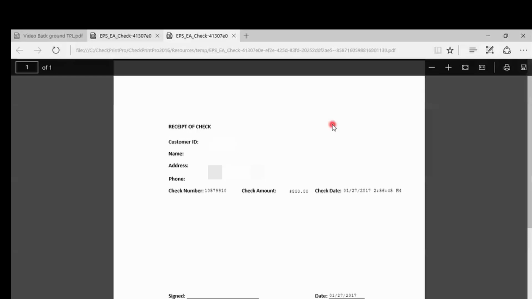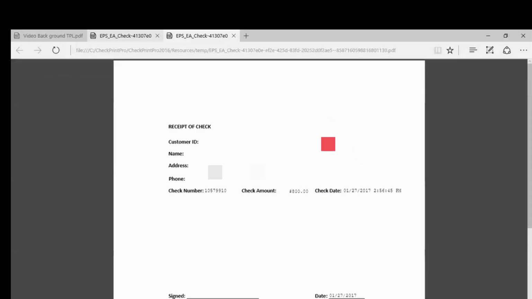Once we hit print, the check will populate as a PDF file, and if your printer's set up, it's going to automatically send it to print. So make sure you already have the check stock lined up in the printer, and you'll be ready to go and print this check. That is how you print a check in